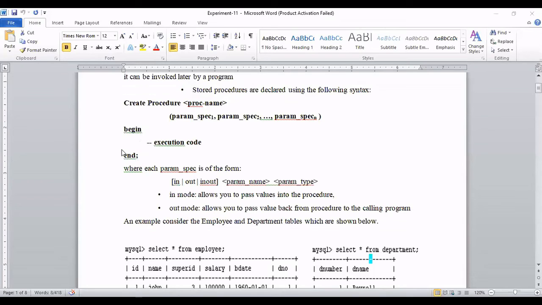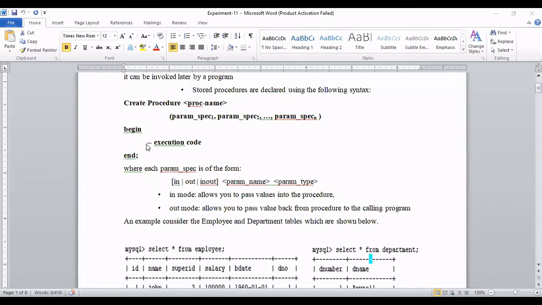So before creating a procedure, we need to set the delimiter. Please remember, this is called the delimiter. What is a delimiter? For example, if I ask select star from employee, to select records from the employee table, remember this query will not be completed until you add the delimiter. Usually the delimiter is a semicolon, but since we are using the semicolon in the procedure also, in SQL we need to change the delimiter.